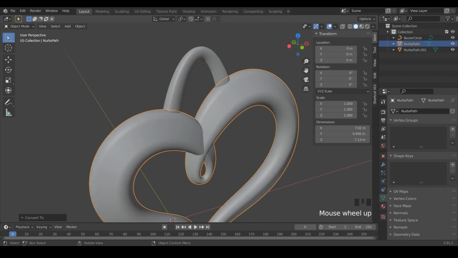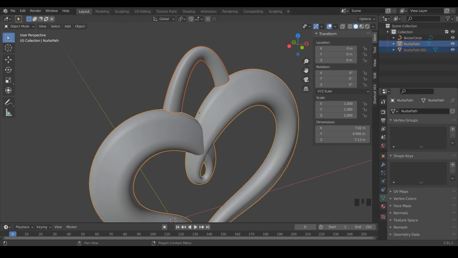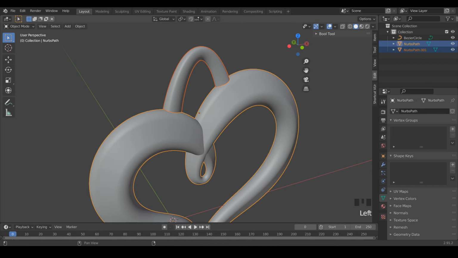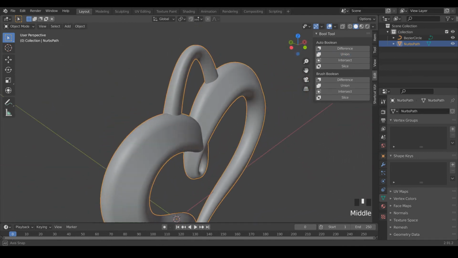Now I'm just going to select our loop, and then holding shift, I'm going to select our charm. And then going into our bool tools, I'm just going to hit union to make it one cohesive piece. This might take a second. And there we go.